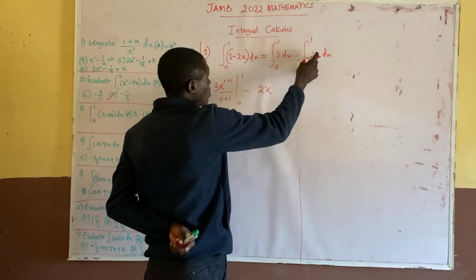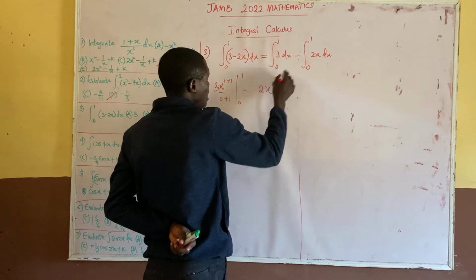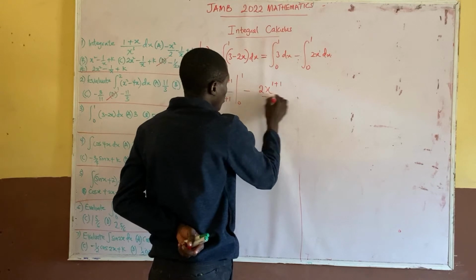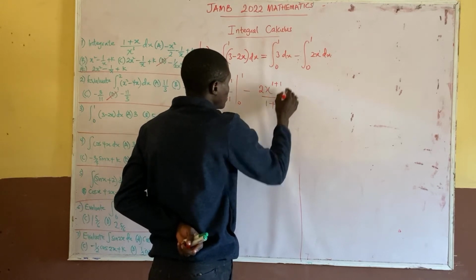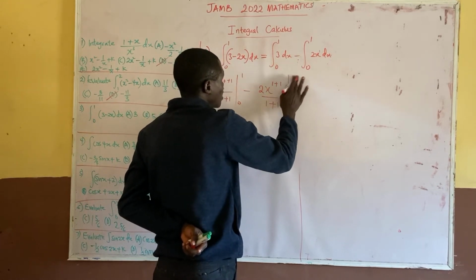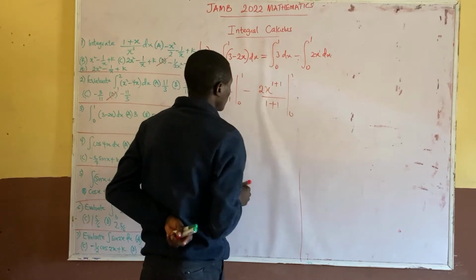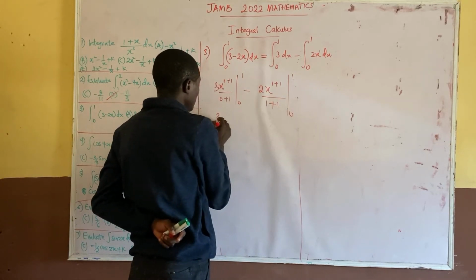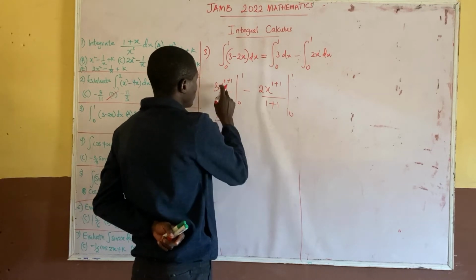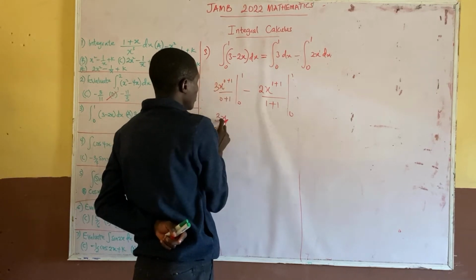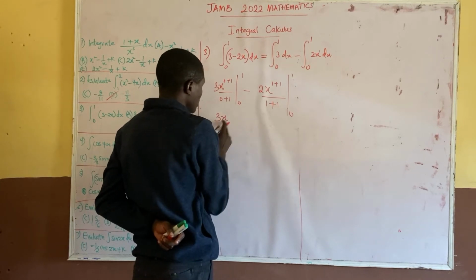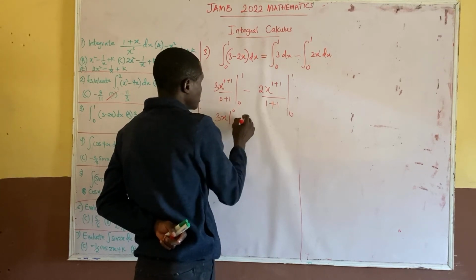2x, now 2x raised to power 1, now we have 2 raised to power 1 plus 1, all over 1 plus 1, boundary 1 and 0. So what do we have? We have 3x like that, because this one will give you 0 plus 1, which gives x to the power 1, which is x divided by 1. So it is 3x, boundary 0 and 1, minus